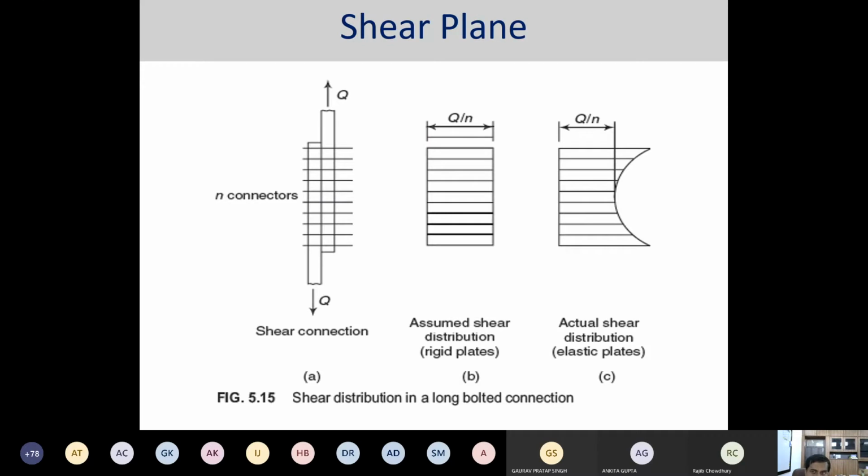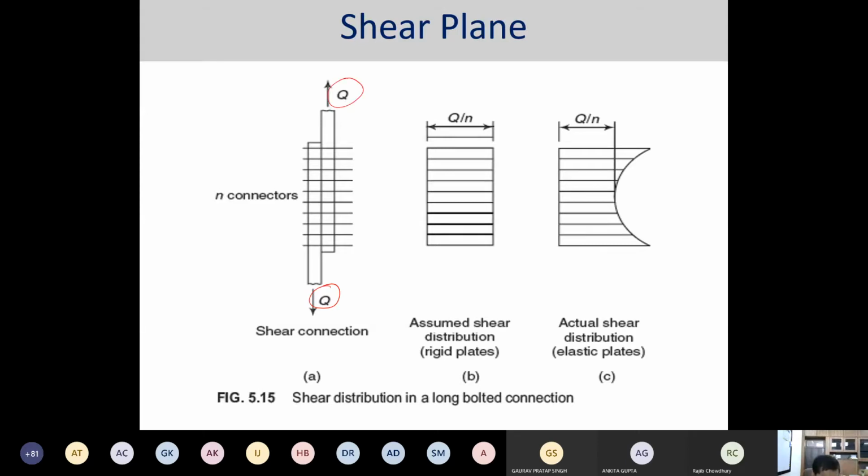figure out the different shear force distributions that would be available on that particular bolted connection. Okay, so the first one is typically a shear connection, which is essentially this type of connection. This type of connection is typically called the lap joint. Okay, two steel plates are there, and both the steel plates are connected together with a number of bolts or connectors, and both the plates are basically in tension.